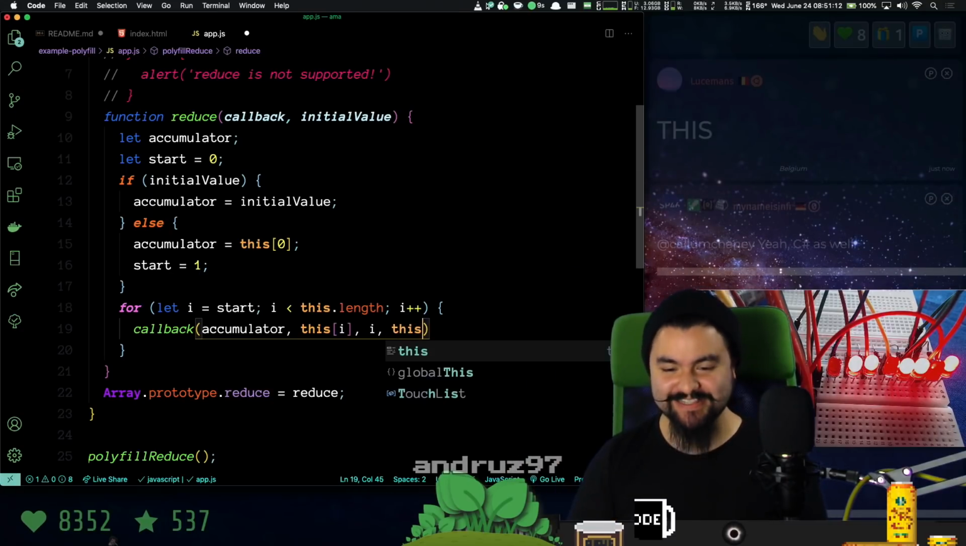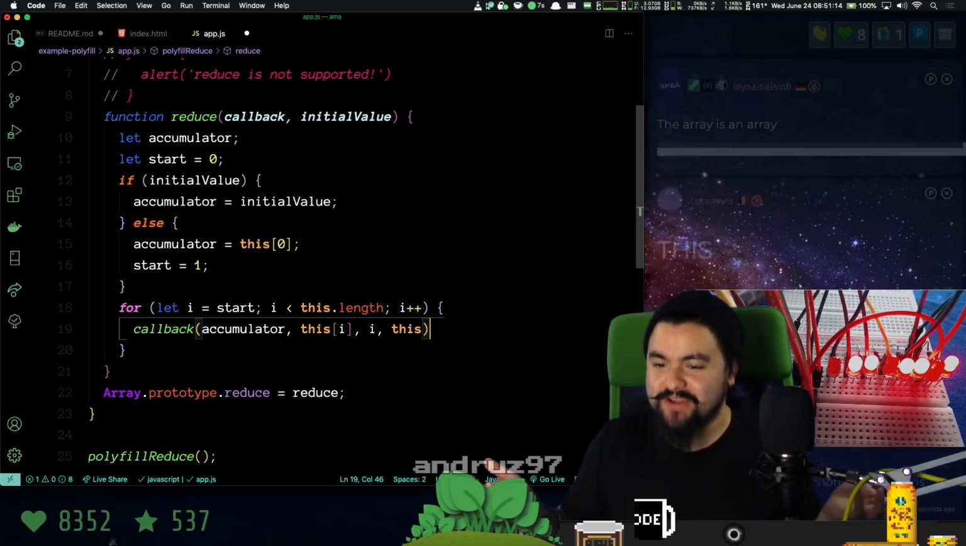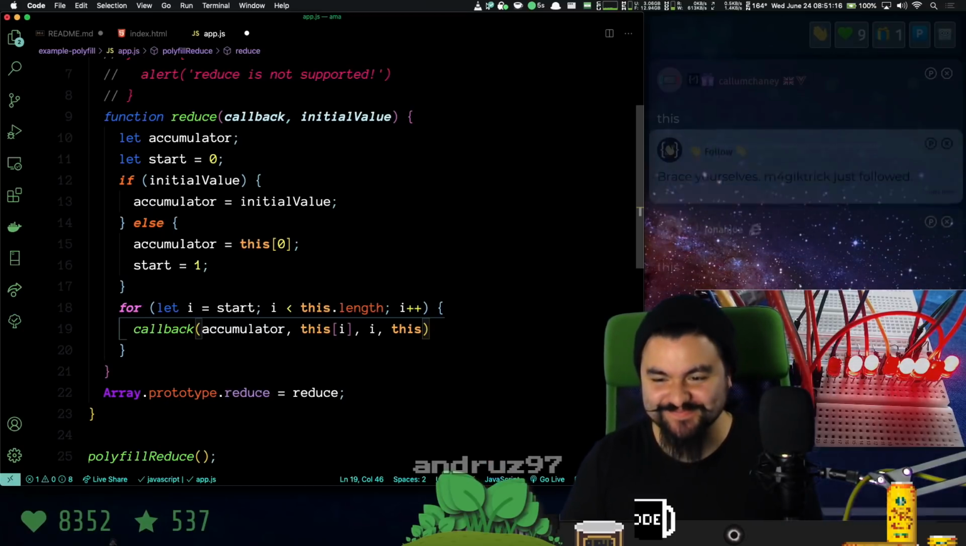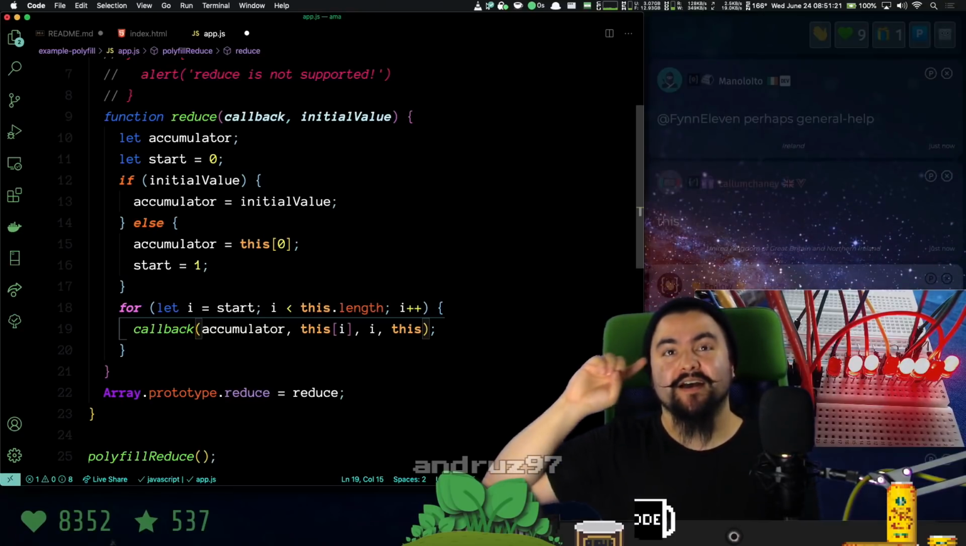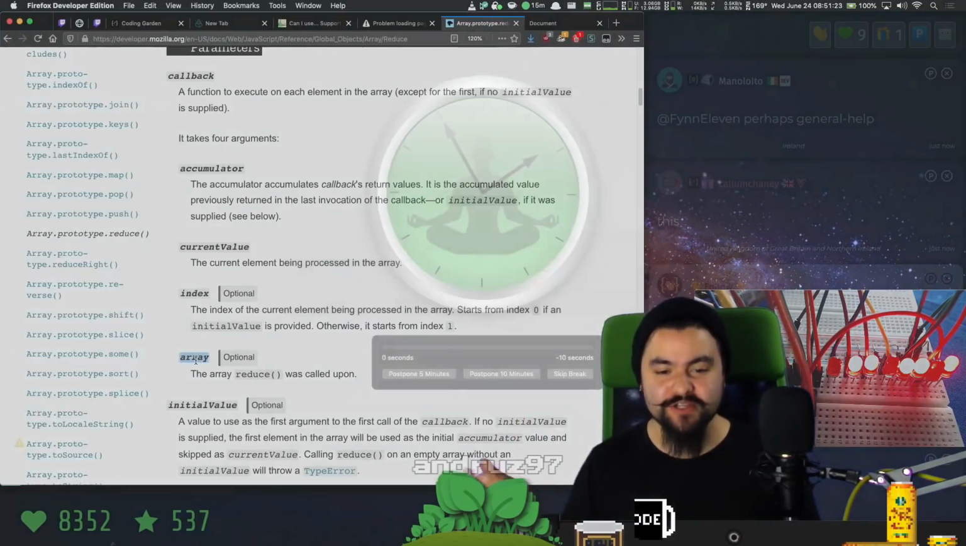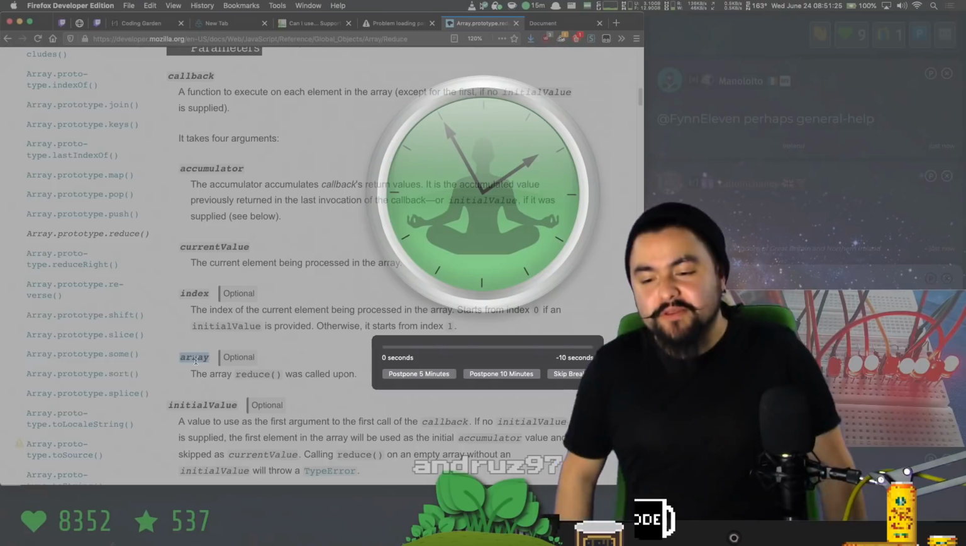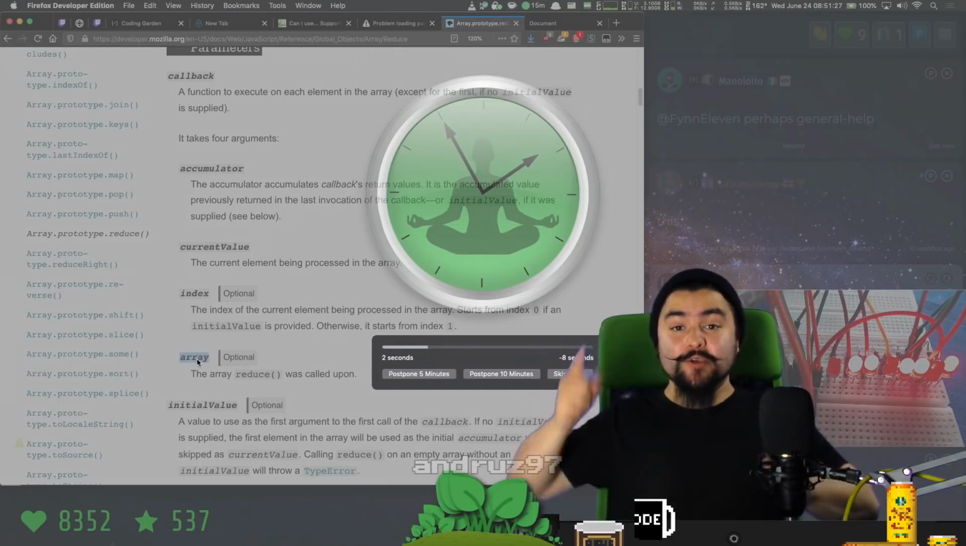This is literally the array itself. The array is an array, yeah. Cool. And if you've used reduce before, and if you're familiar with the accumulator pattern, you know